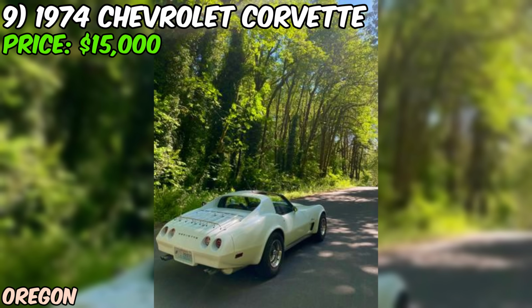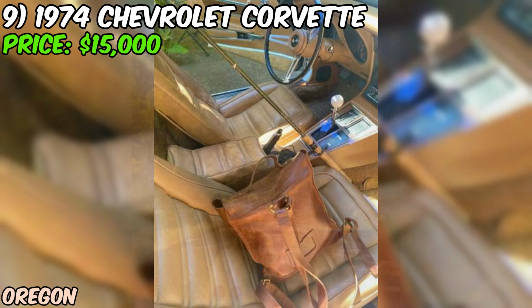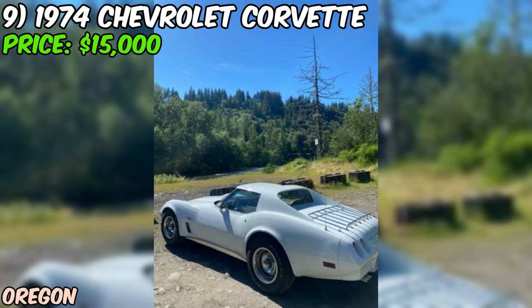Let's delve even deeper into this 1974 Chevrolet Corvette Stingray. This particular model year is significant in Corvette history, as it was the last year for the big block engines and the first year for the federally mandated 5 mph rear bumper system. The 1974 model also saw the introduction of aluminum wheels as an option, though we'd need to check if this